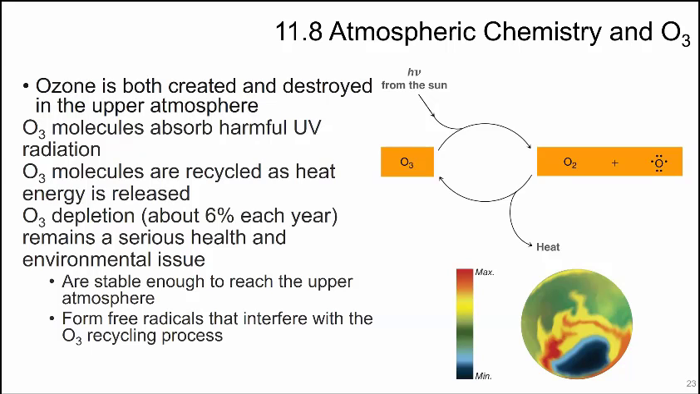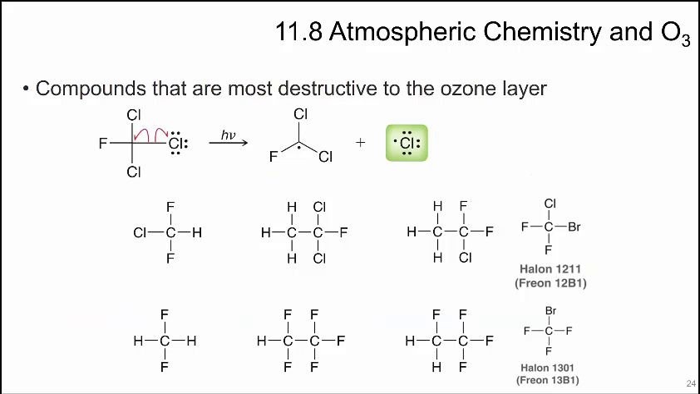Ozone depletion happens about 6% each year and is a serious health concern. The hole in the ozone is attributed to free radicals that interfere with the O3 recycling process in the atmosphere. So the compounds that are most destructive to the ozone layer include chlorofluorocarbons, or CFCs. So chloro, that can form a radical here and a chlorine radical. These radicals are stable enough to reach the upper atmosphere, and it forms the free radicals that interfere with the